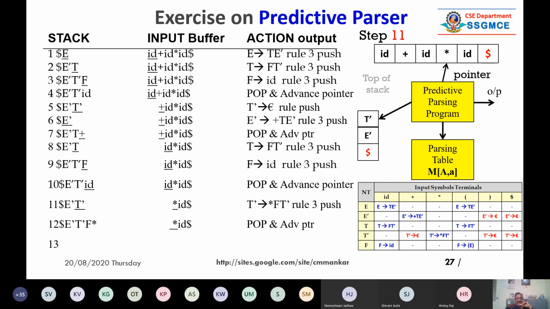T dash on star is giving you the production rule star F T dash, line number 11. So you have to pop T dash and push star, F and T dash in reverse like this. So this is the 11th configuration.